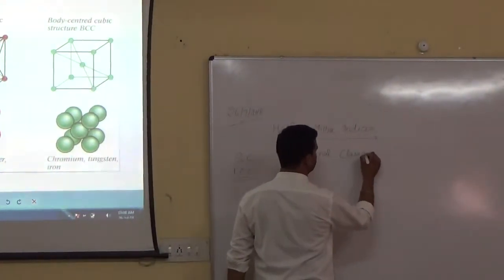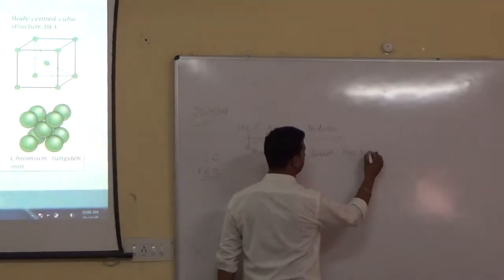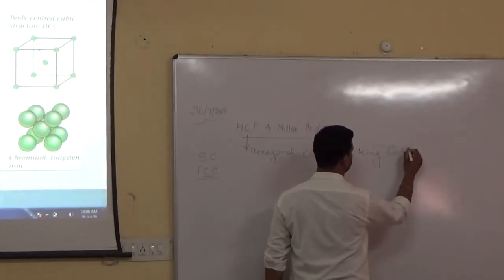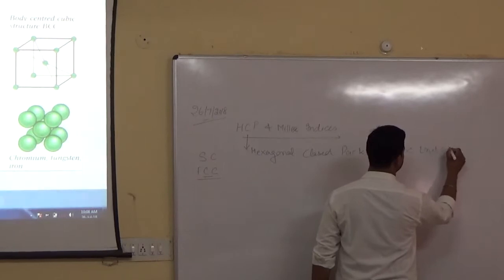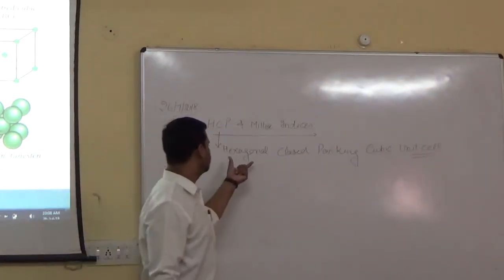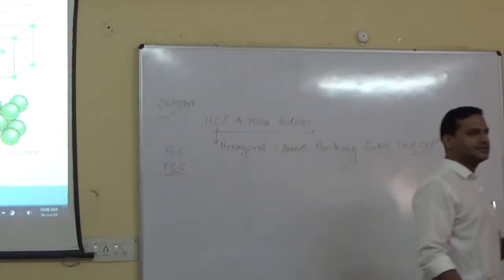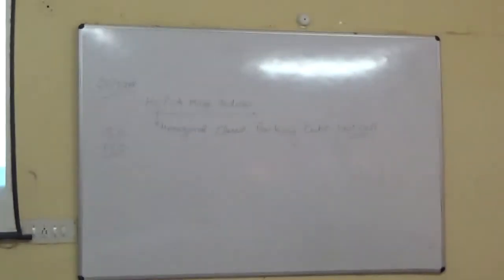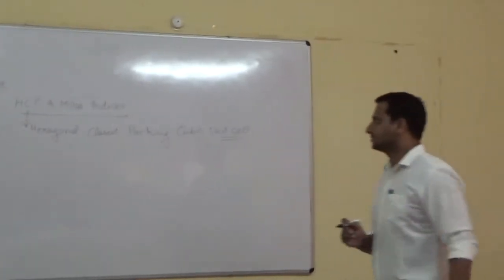close packed cubic unit cell. Okay, as the name suggests, what is a hexagon? A hexagon is basically a regular polygon having 6 sides. Okay, so